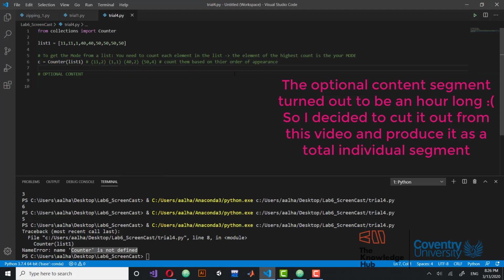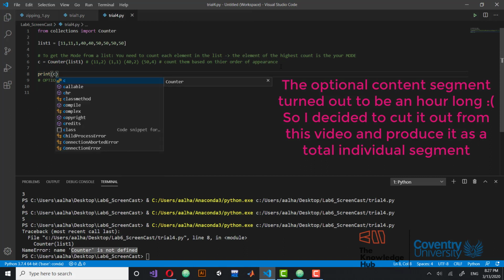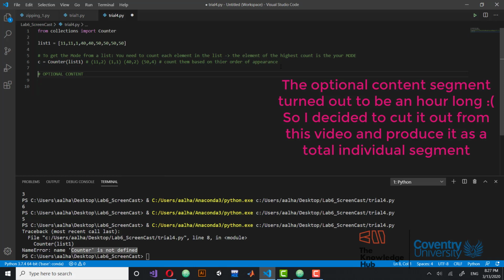And I told you that since we don't have them ordered from the lowest frequency to the highest frequency, as you can tell here, it is not ordered from the highest frequency to the lowest or vice versa. It's just ordered by the order of their appearance, like what appears first gets counted, right? This is what I told you inside the lab. That's why I didn't want to print whatever is inside C, right? And I'm going to go through this in detail, but